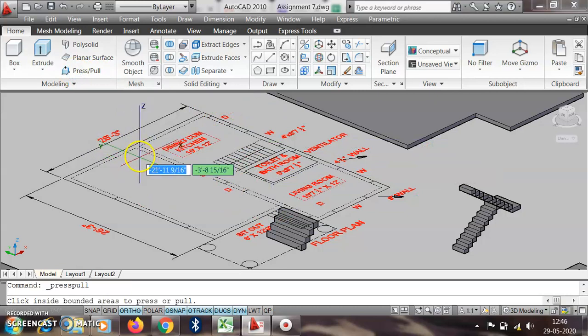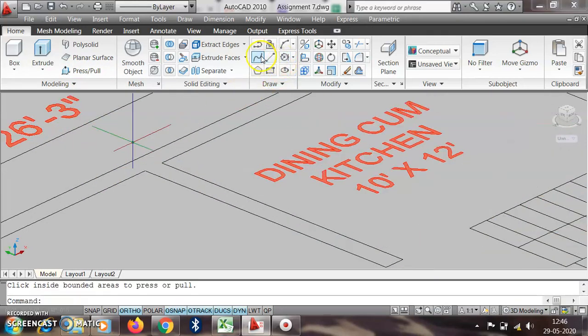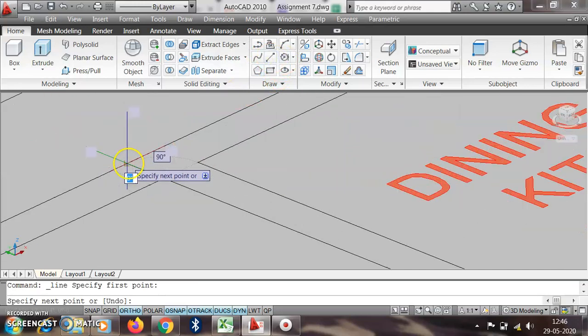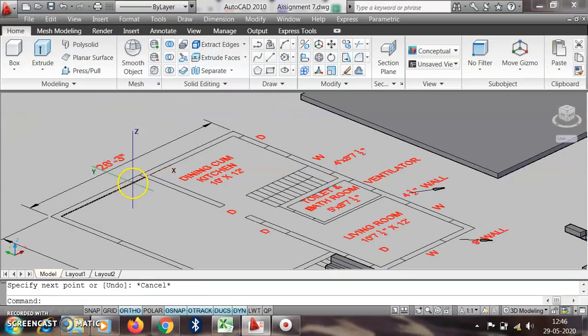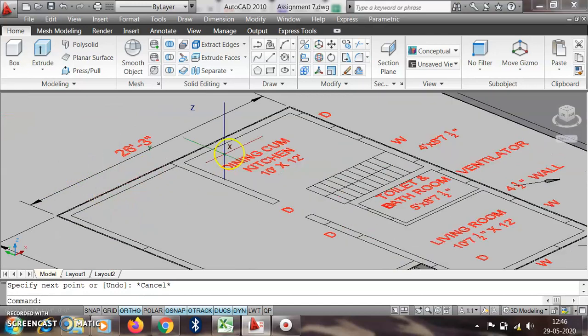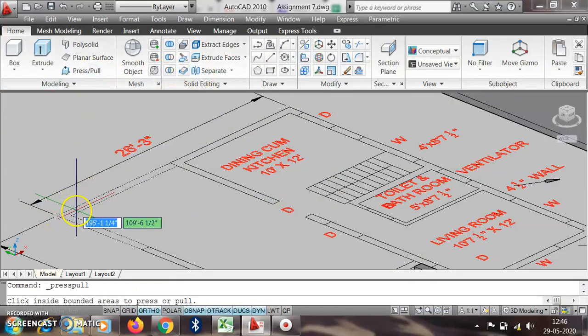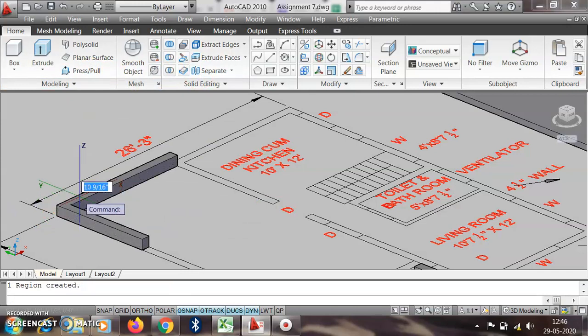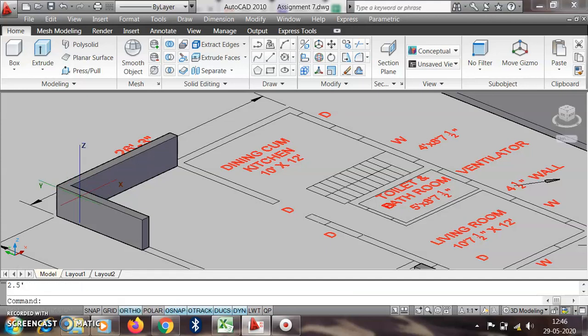So we know that up to here there are only the walls, and from this we know that there is a parapet wall. So press pull, come here, and this press pull is up to 2.5 feet, so enter.